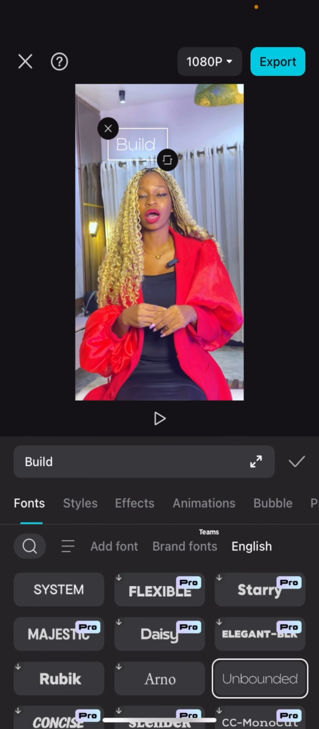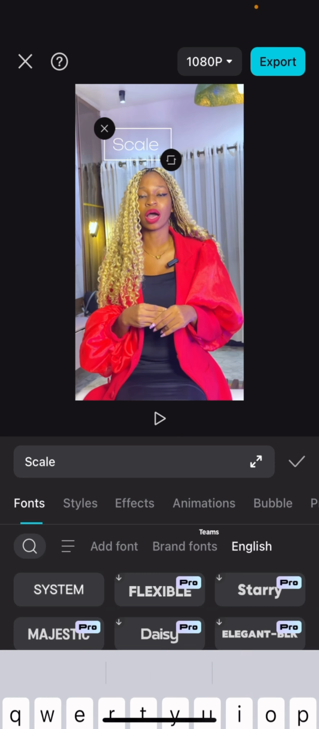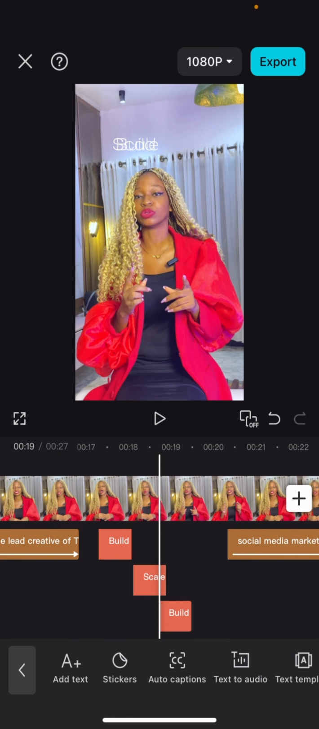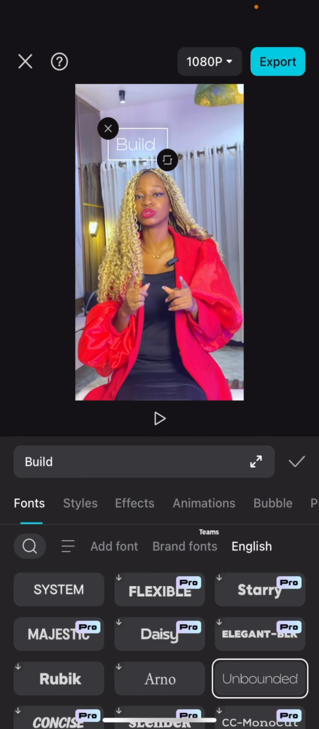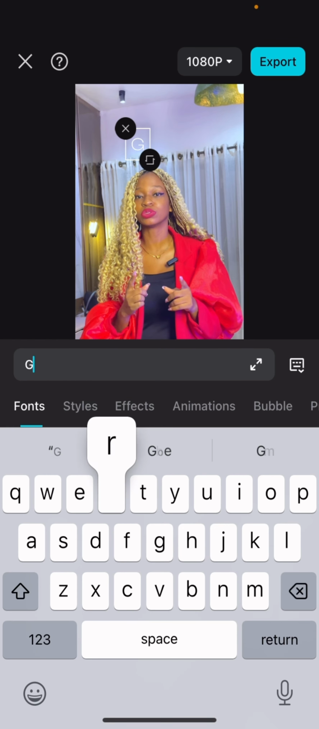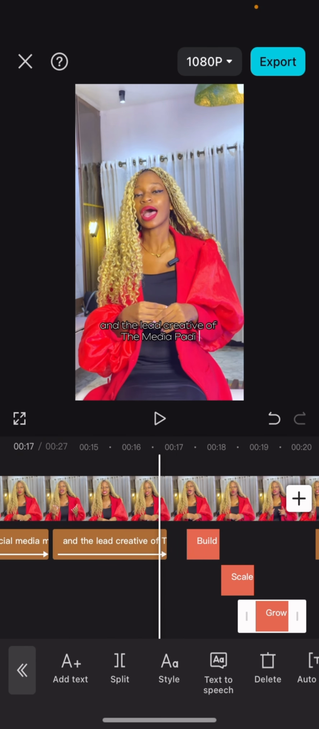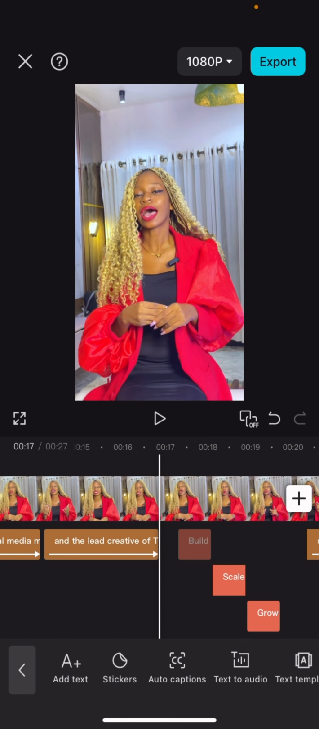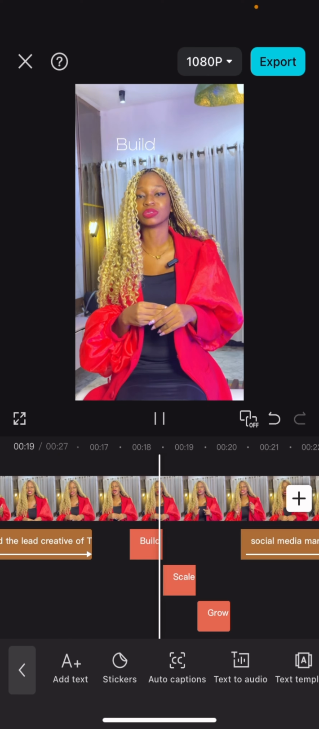So we tap on edit, scale, grow. So let's play and see how it looks like. I would have to move this a bit. All right, let's go. I want to teach you how to build